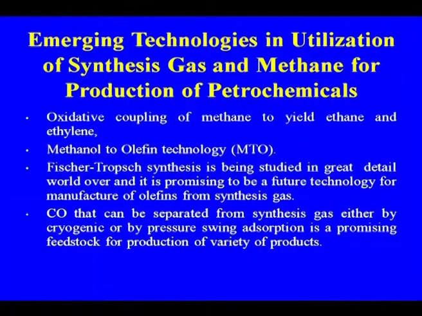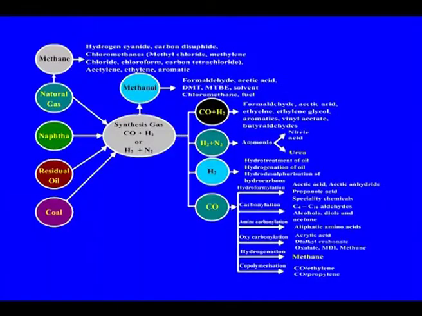CO that can be separated from the synthesis gas either by cryogenic or by pressure swing adsorption is a promising feedstock for production of a variety of products. These are some of the products in the product profile of synthesis gas, and one of the major products that we are getting is methanol, natural gas, and natural gas to methane, and methane again we are producing a large